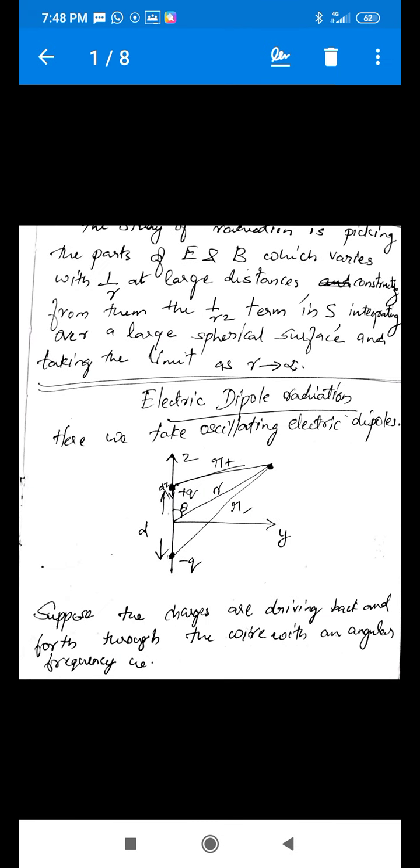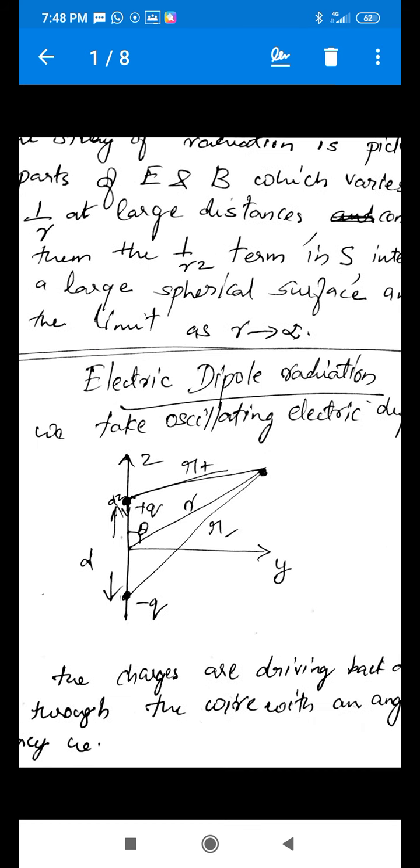Let us start today's class. Last class I had just started. I had just introduced an electric dipole, so I had drawn the diagram on the board. You might be remembering it. See here, this is the picture of an electric dipole which is oscillating. I have already said that an oscillating electric dipole will radiate, isn't it? So this diagram I hope you remember.